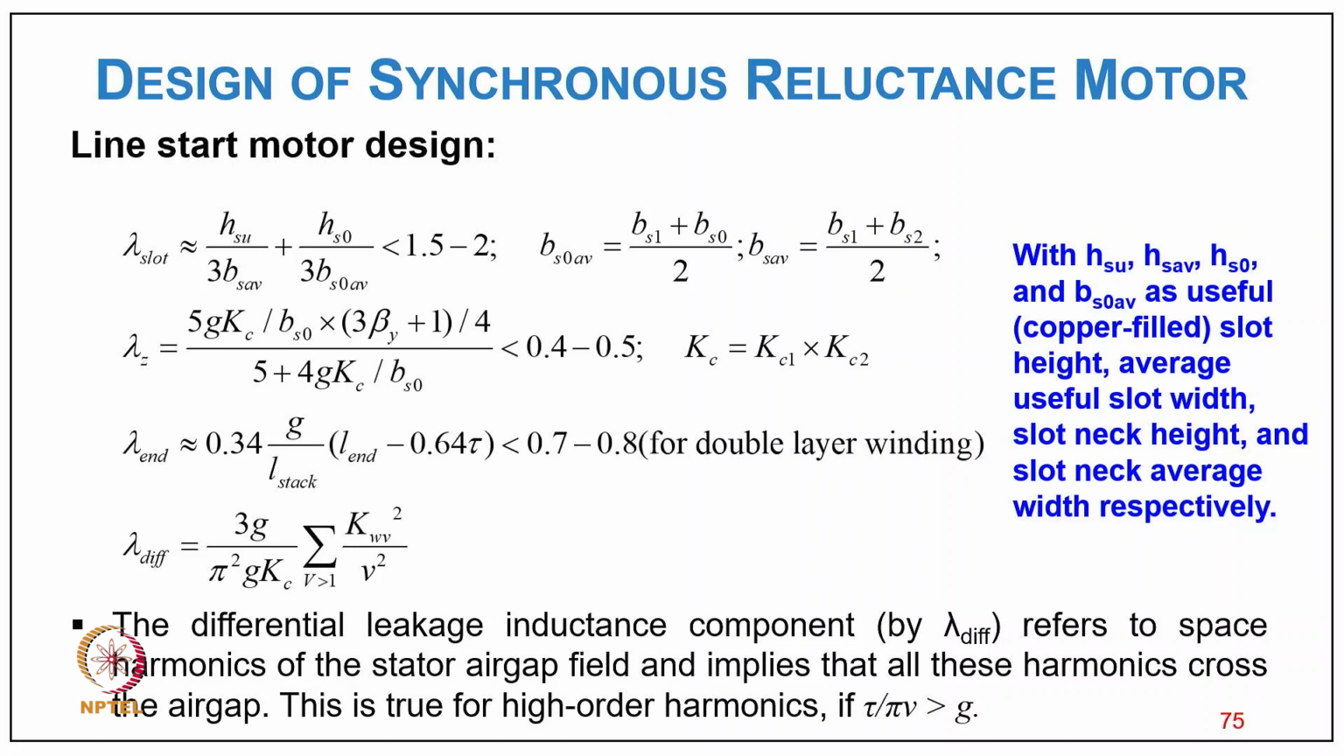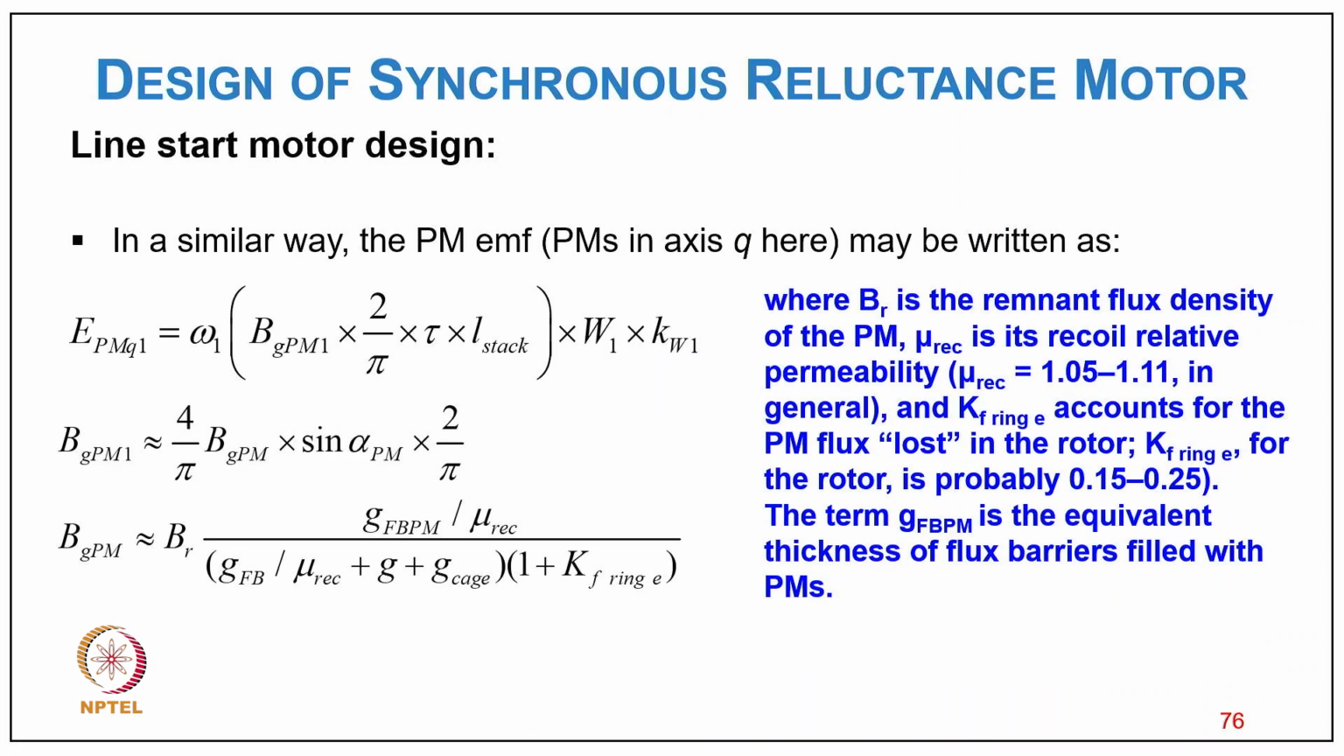So the difference leakage inductance component by lambda difference refers to the space harmonics of the stator air gap flux, and implies that all these harmonics cross the air gap, and this is true for higher order harmonics if the order is greater than G. In a similar manner, the EMF in the Q axis may be written as EMF Q equal to omega 1